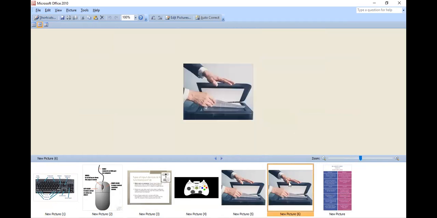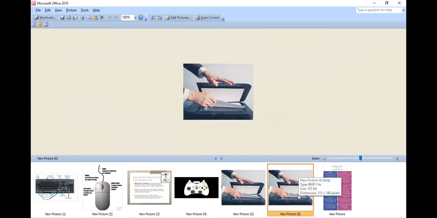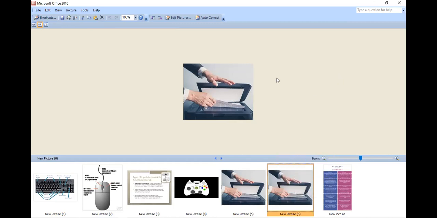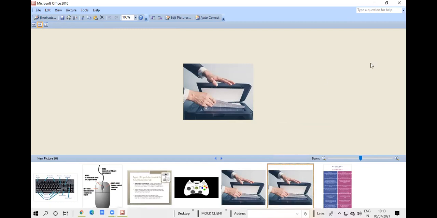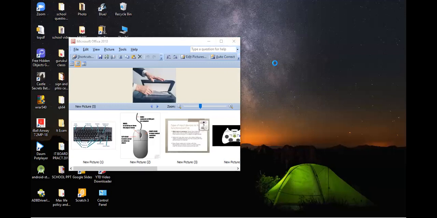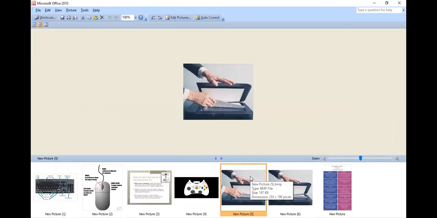Control C, Control V. Now again I cut it with Control X. For example, I press Control X. Okay.